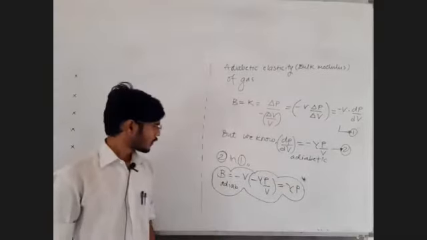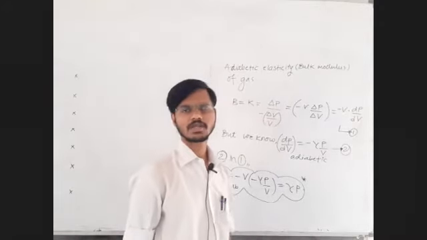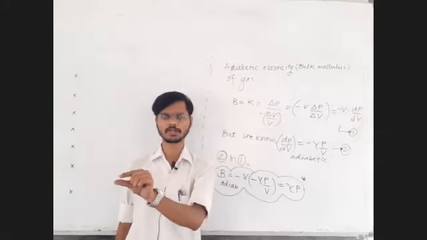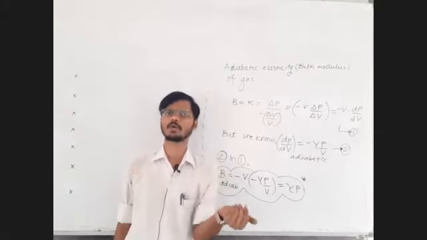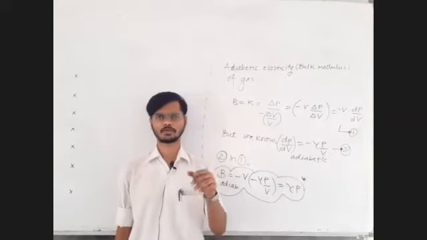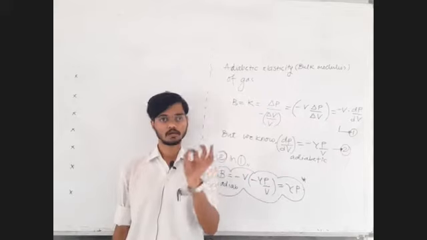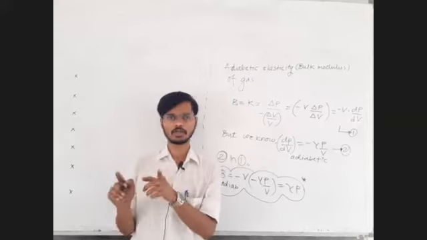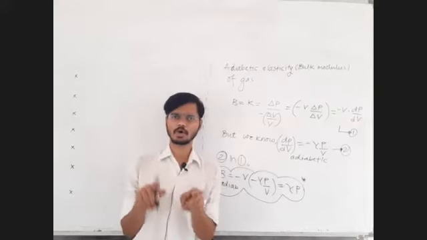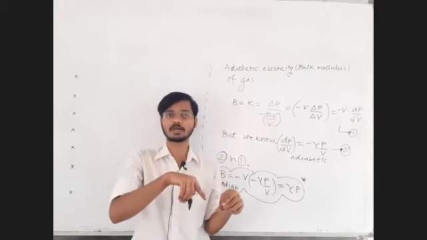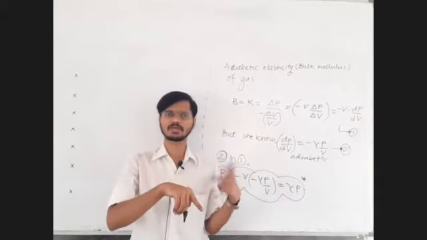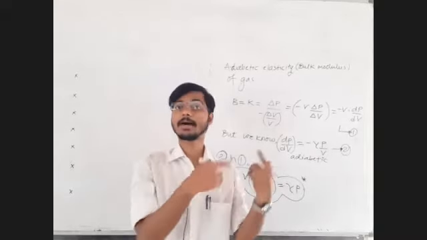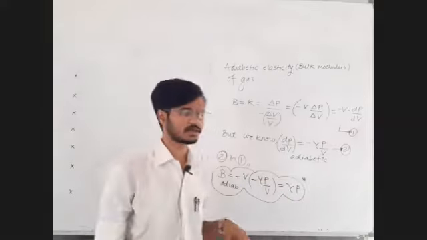Next thing is work done in the isothermal process. What if volume data is not given? If volume data is not given, you cannot use 2.303 nRT log to the base 10 V2 upon V1. For that, you will go with the pressure data. So there you will write 2.303 nRT log to the base 10 P1 upon P2, not V2 upon V1. It is reverse. Temperature data they have to give.